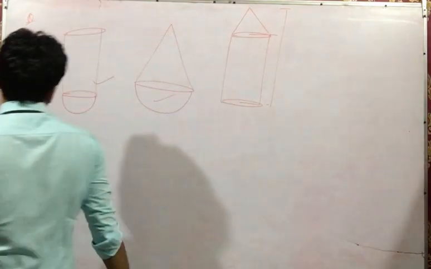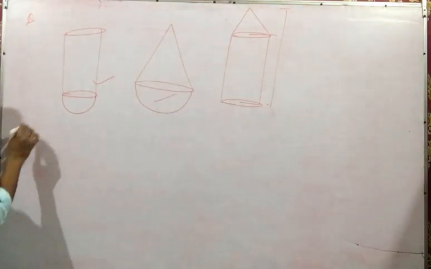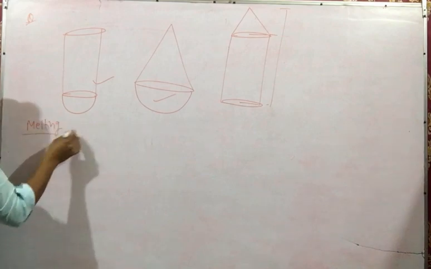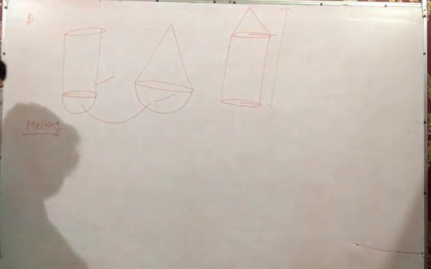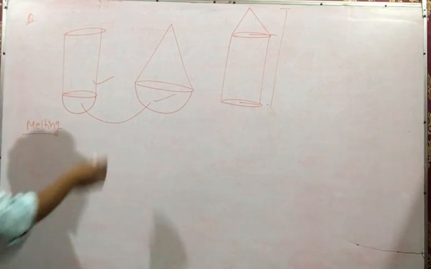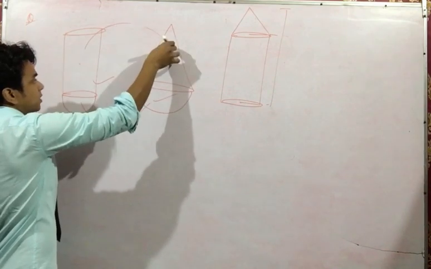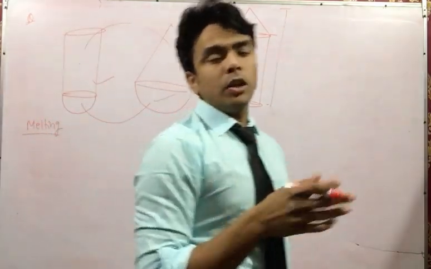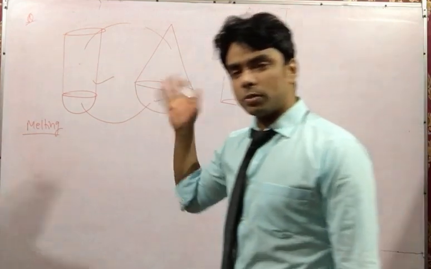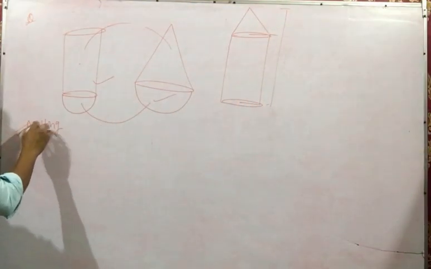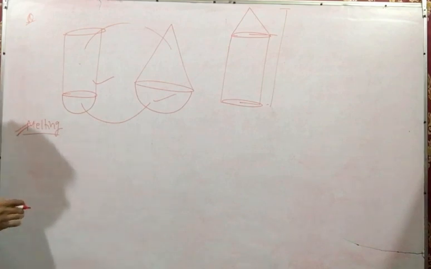Now, after that, there are conversion questions of the melting kind. Melting. If this thing is melted into this, what is the same? Volume is the same. If this shape is melted to this shape, the volume is the same. So just keeping the volume constant, you can easily find all the dimensions of the new shape formed, and there are many questions that are asked on the melting kind.